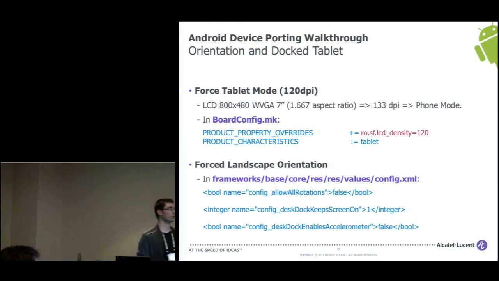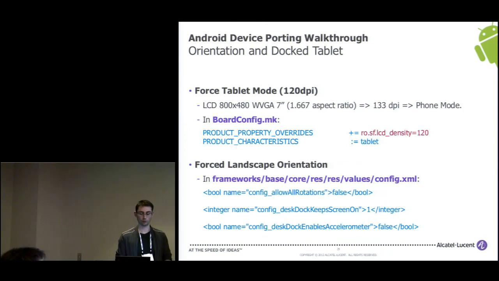What we do for that is modify the board config.mk, and reuse this macro specifying the product property. You just want to override the ro.sf.lcd_density and say, okay, this is not 133, this is 120. And this 120 has been hard-coded in Google code to say, okay, below this resolution I consider it a tablet, and it boots up with the proper orientation.